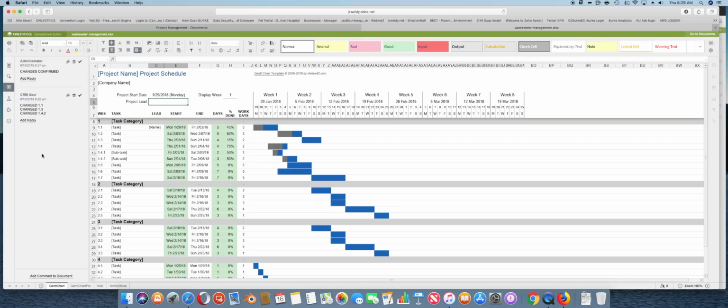And let's look at this. Okay, apply. Changes confirmed. I'll have to look at this add reply to see how that actually works. As an administrator, you can do all sorts of things here. You can delete comments, that sort of thing. But we're good. I think that's a really handy way of, instead of having multiple paper versions of Gantt charts, spreadsheets,